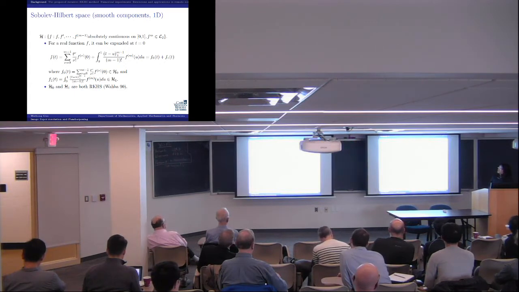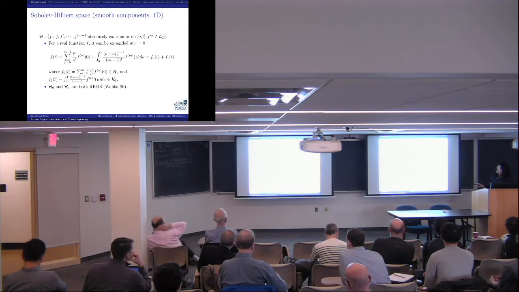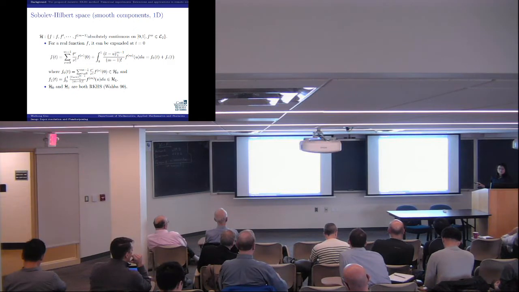The Sobolev Hilbert space, it's easier to start from 1D. So we're going to look at the set of all the functions which are absolutely continuous up to the (m-1)th order, and the mth order derivative is in L2, say. Because the first m-1 derivatives are smooth, you can do Taylor expansion. Very simple. The first m terms would be just polynomials, and you have the residual term over here. And based on some RKHS theory, you will be able to represent both the polynomial part and the residual part as a sub-RKHS space.